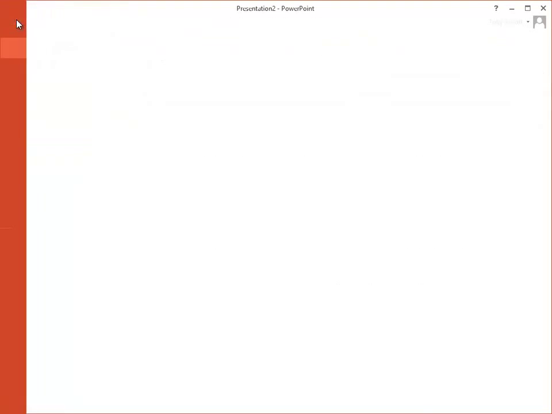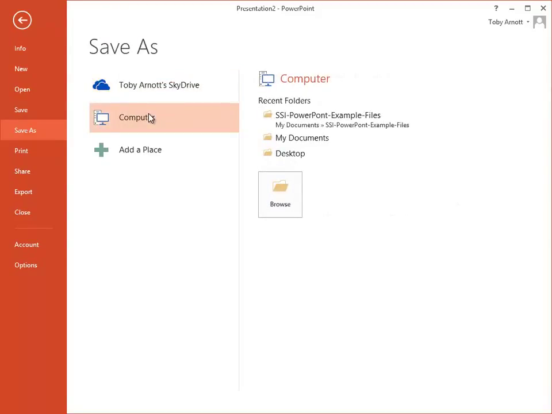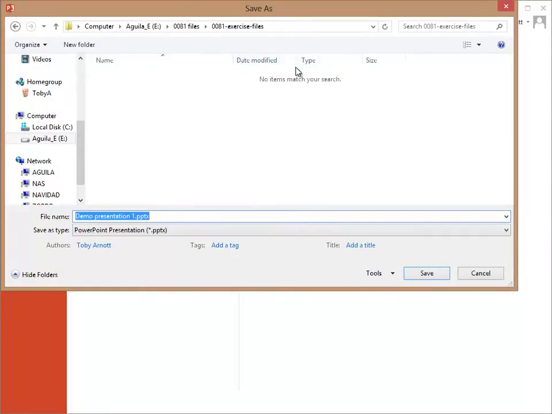So I go into File, Save As, choose my computer, and I'll browse to a folder where I'm going to keep the working files on this course. Now, this is a different folder to the one where I'm keeping the sample files that you have as well. So I'm going to browse to that folder now, and I'm going to give this presentation a suitable name. So I've located the folder. It's currently empty. I've typed in a file name. I've called it Demo Presentation